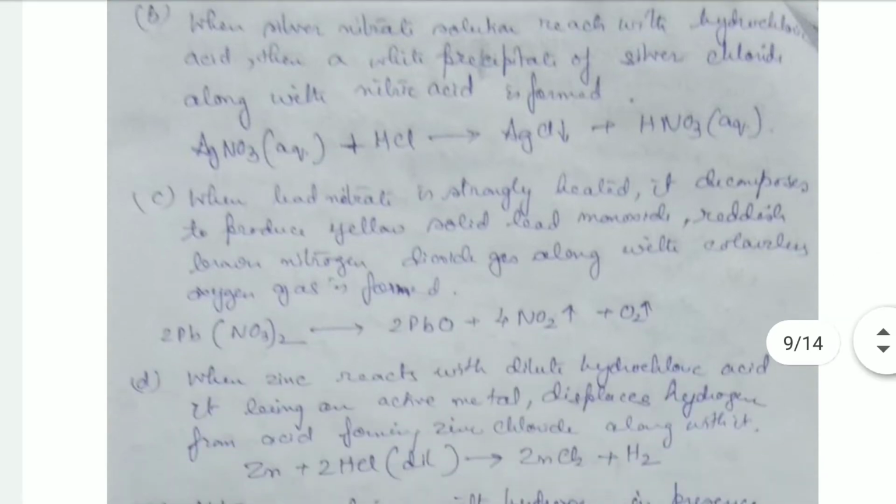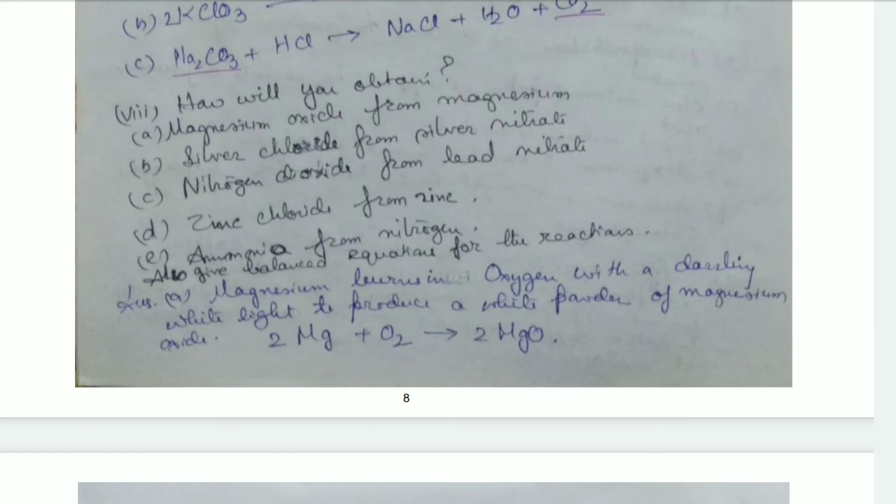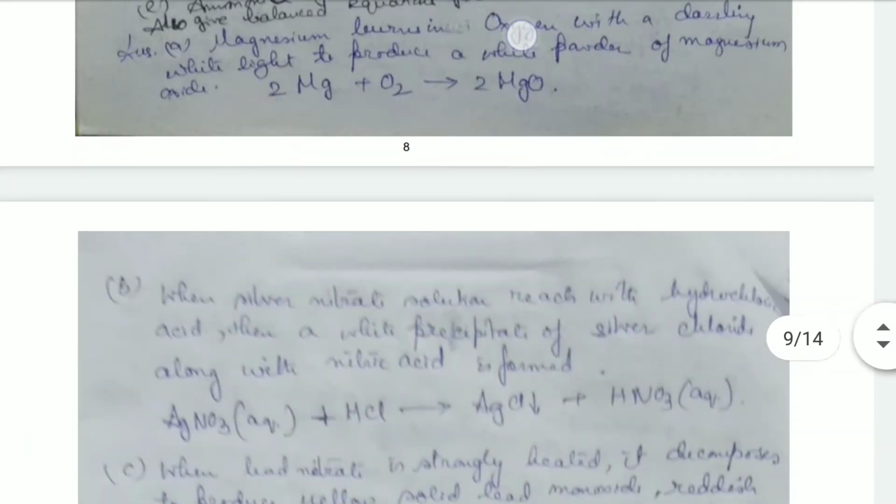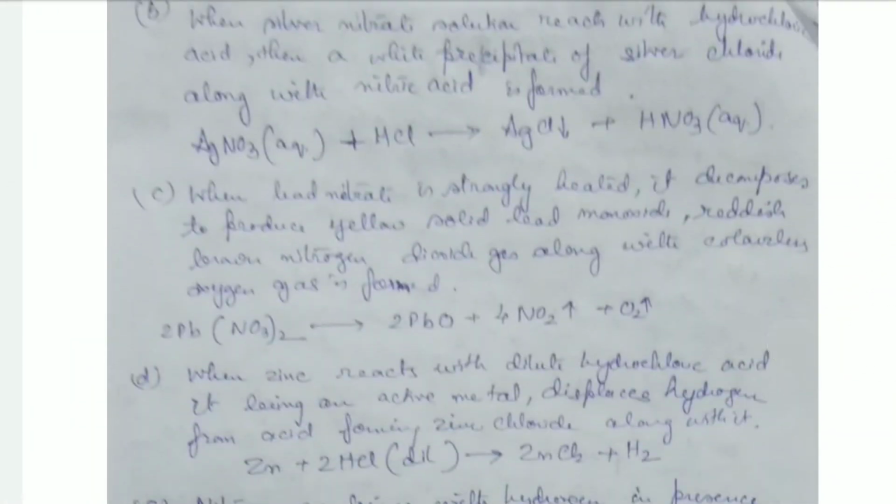Then the third question is nitrogen dioxide from lead nitrate. How to produce nitrogen dioxide from lead nitrate? So when lead nitrate is strongly heated, it decomposes to form a yellow solid of lead monoxide, reddish brown nitrogen dioxide gas, and a colorless oxygen gas. Okay, so it decomposes to lead monoxide, nitrogen dioxide, and oxygen. So lead nitrate, when strongly heated, decomposes to these three products. Okay, now the